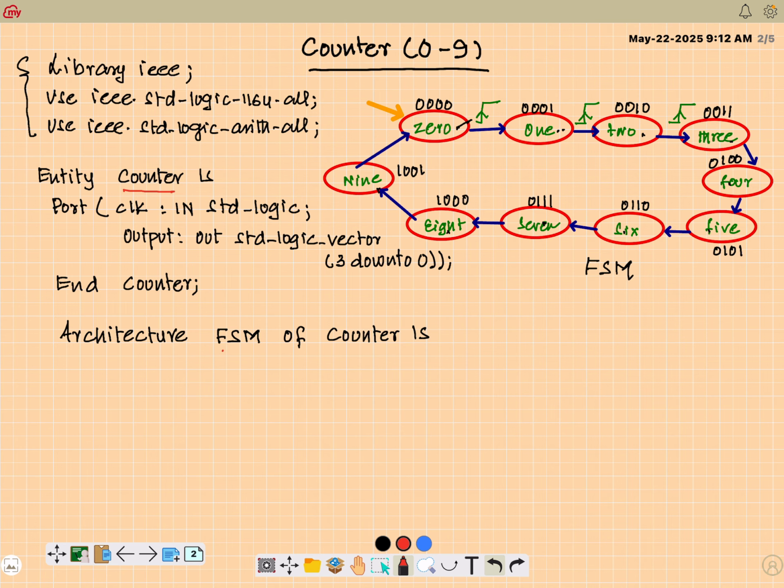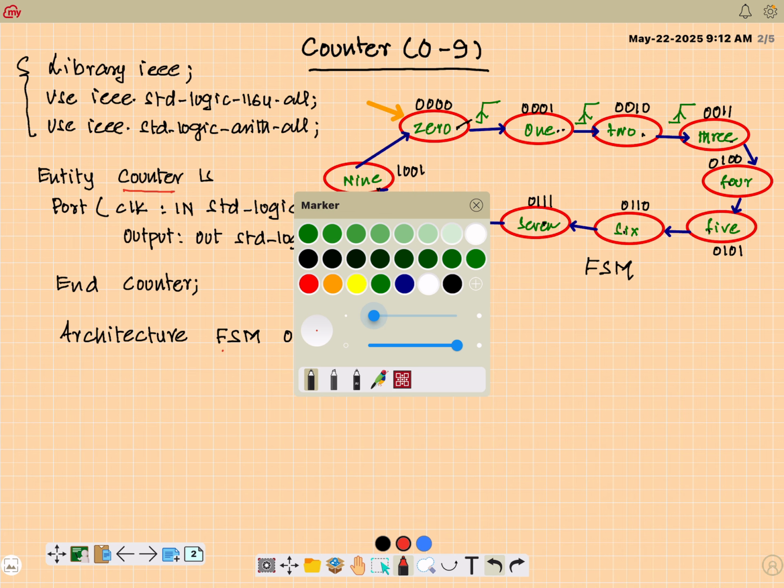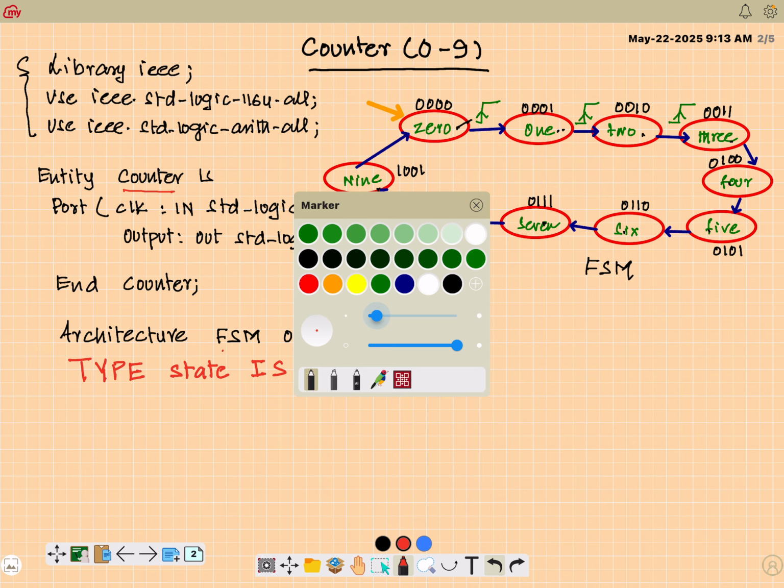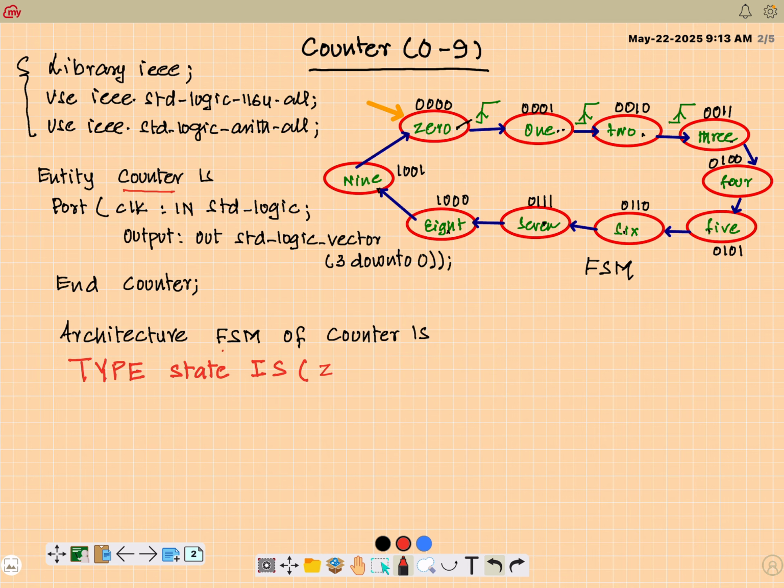So I will define a user defined data type here immediately after architecture, the keyword type. And I will call this type, let's say state, then is. And as many states as I have here, I have 10. So I will define them as the different values that this new type can take. So type state is, then I will list all these states 0,